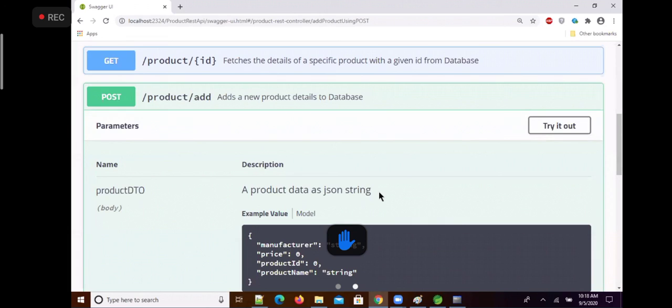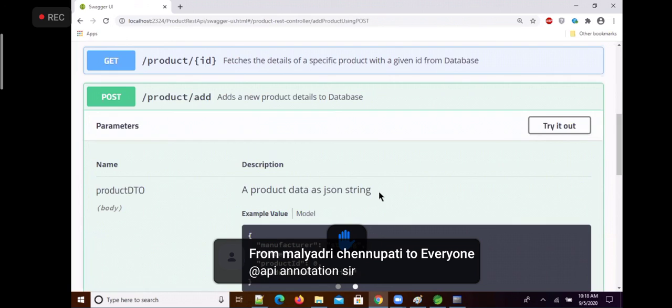If you change any endpoints, like you added a new endpoint or updated an existing endpoint, then whenever the application runs, on the fly within a fraction of a second the documentation is also prepared, and this documentation is available for the clients. Before clients access my REST endpoints, first they are going to see this description.